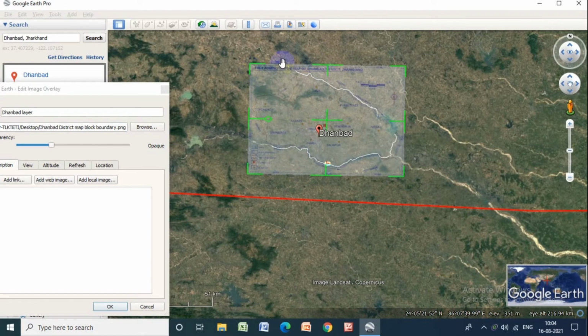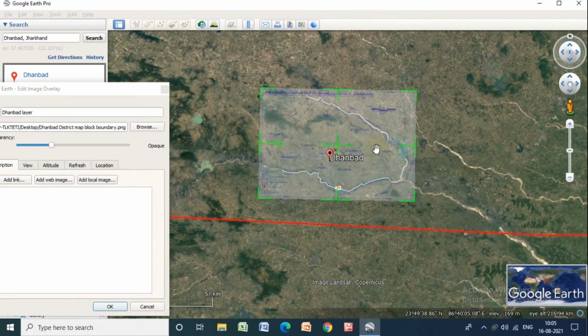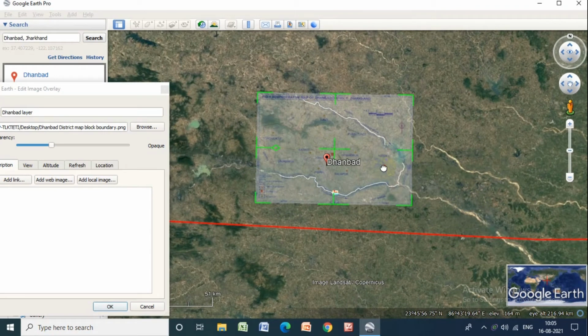There are four corners that will be used to stretch the map for matching or superimposing on Google Earth. So almost the boundary of Dhanbad district has been matched with the river.